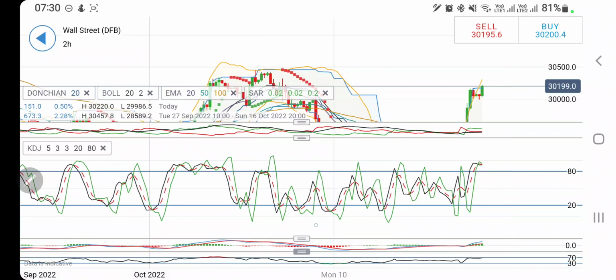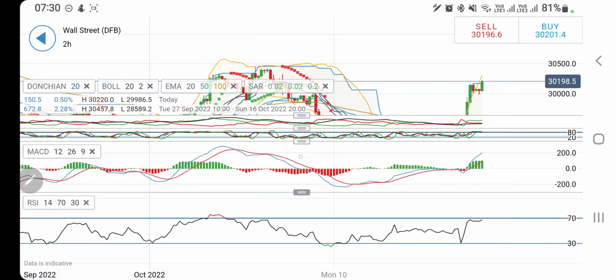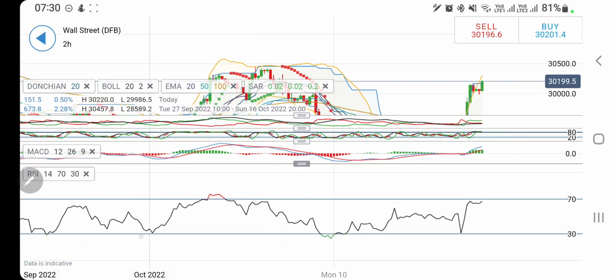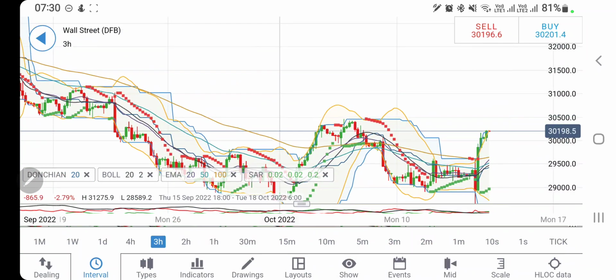Directional movement divergent and bullish. Stochastic is extremely overbought. Yes, it can sustain these levels for a little while. Also look at the MACD. Yes, MACD also has a little scope to continue with the bullish momentum, and then the crossover may arrive soon. RSI looking upwards, and if you look at the 3-hour charts, on the 3-hour charts too,